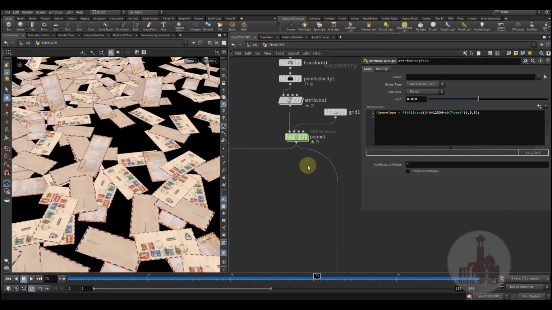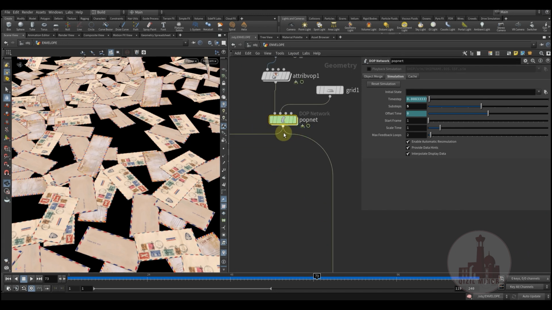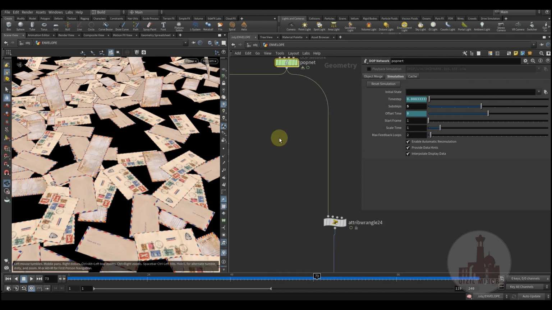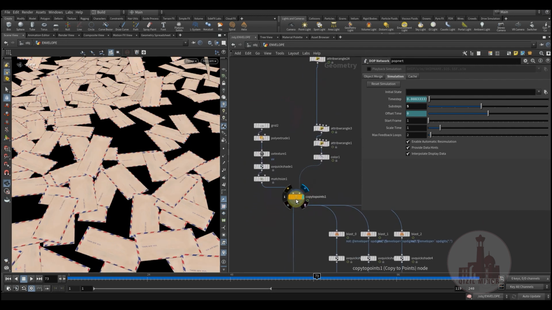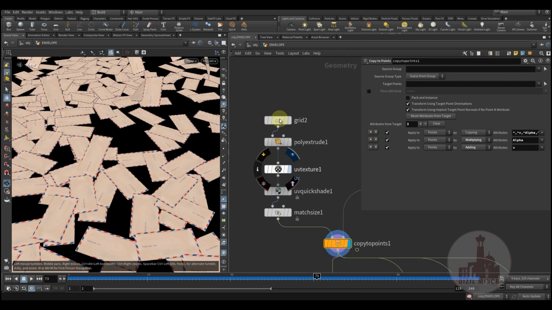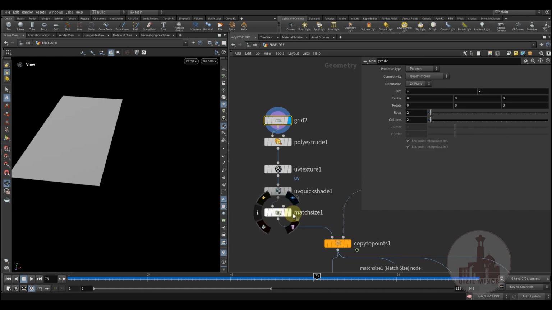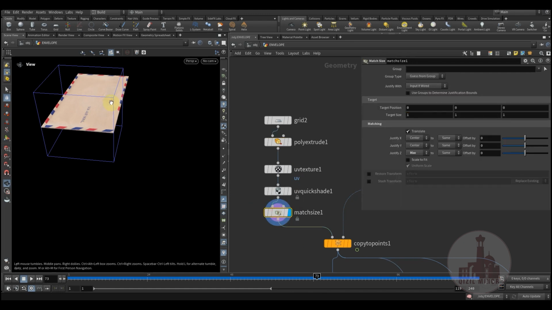We ended here in the last lesson, where the main simulation took place. This time we're mainly focusing on the look of our envelope. So here I have my envelope, some poly extrusion, UVs, quick shade, and